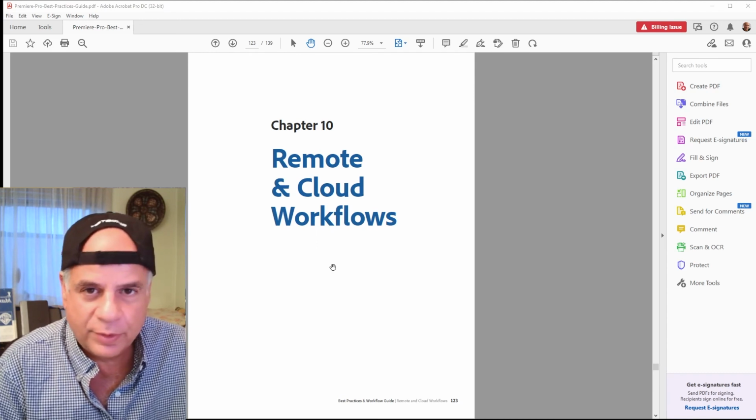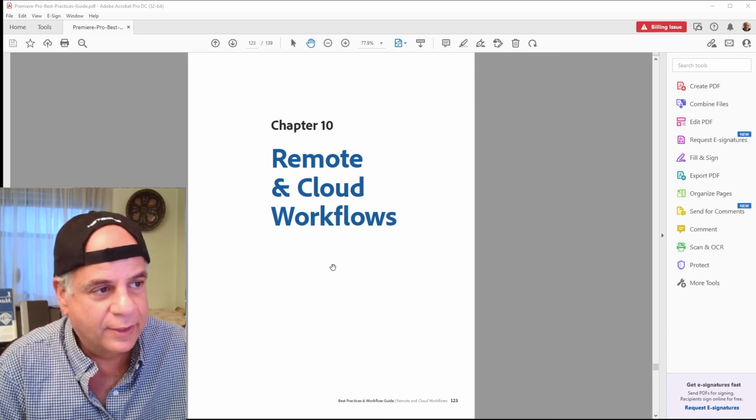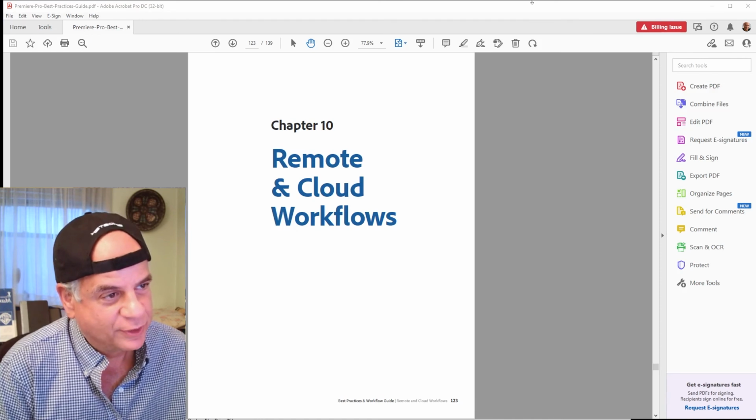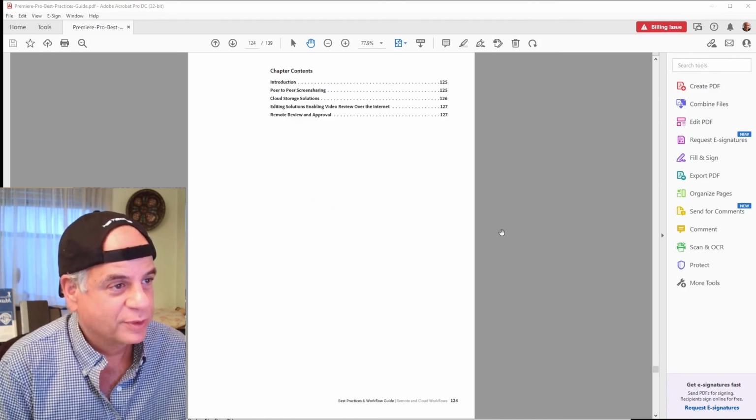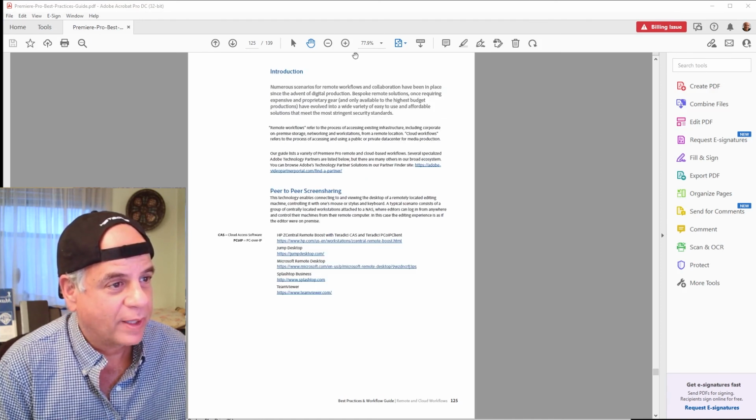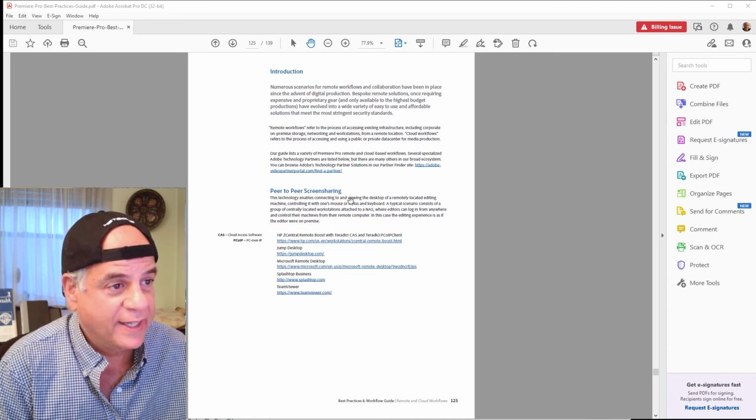But now with new technologies and a faster internet, things have changed. So what are some of these remote and cloud workflows? We can talk about peer-to-peer screen sharing. This technology enables connecting to and viewing the desktop of a remotely located editing machine, controlling it with one's mouse